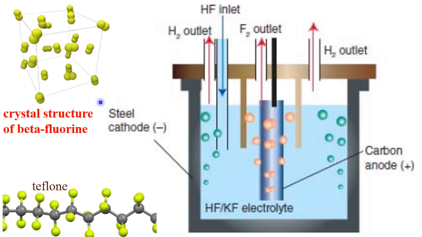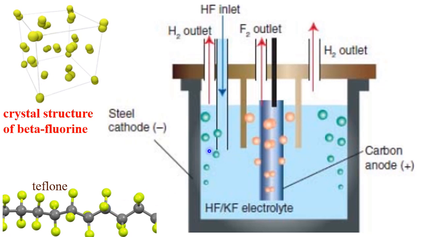Production or synthesis of fluorine is a major challenge because it reacts with practically any material known. It passivates surface of stainless steel or nickel, so the vessel can be made of these metals. Alternatively, as many parts as possible are made of Teflon, which is infinite chain of already fluorinated carbon atoms, so no further reaction with fluorine is possible.